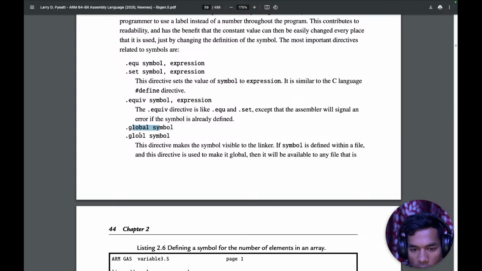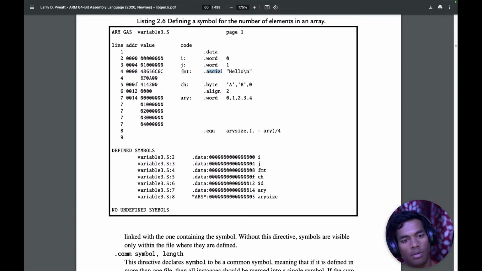Defining a symbol for the number of array. Inside the .data directives, we have I, which stores a type with length word, stores 0, and this one stores 1. Then we have this, and this. Then at the end we have,